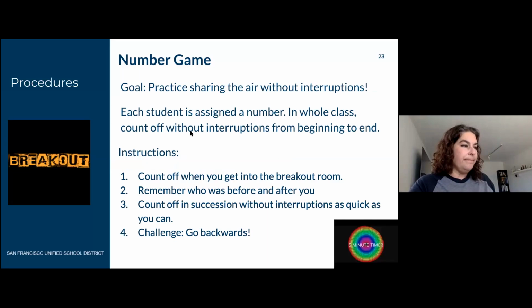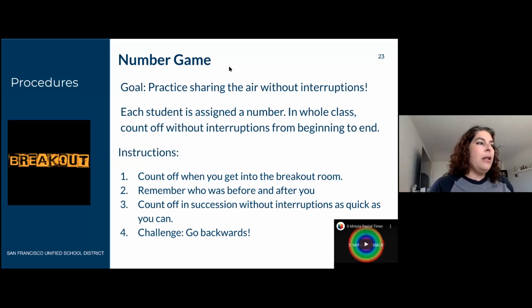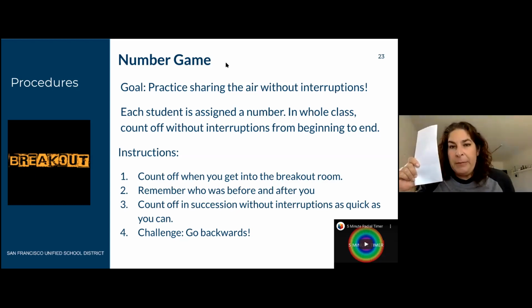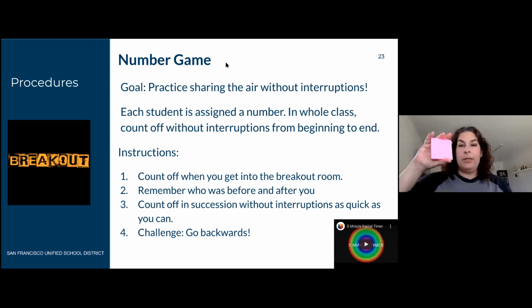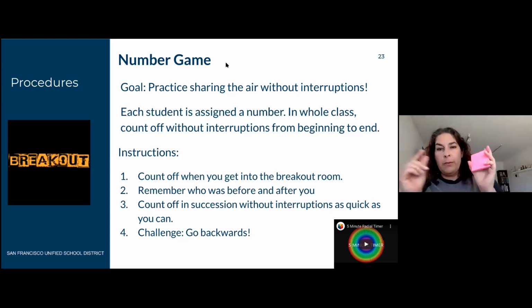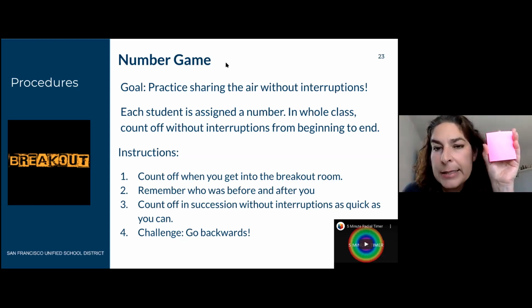So I have this game for us, and I'll be honest and say it doesn't always go so great, because what you first need to do when I put you into the breakout rooms is give yourselves a number, okay? So this is where I'm modifying this lesson. So please listen to what I'm saying versus what's on the screen for 1 second. Grab that go-to piece of paper that you had before, or a Post-it note, okay? And when you come into the room, think about writing your number and then holding it up with your face like this.